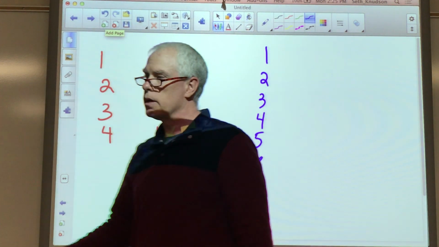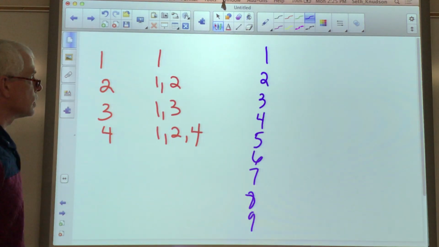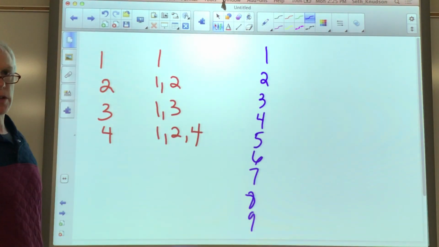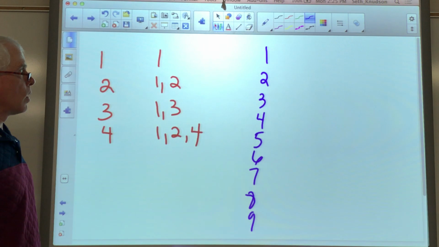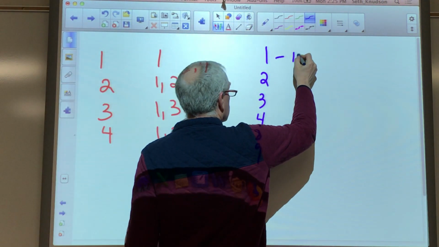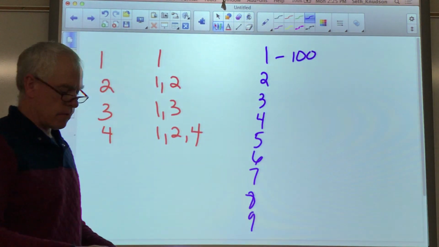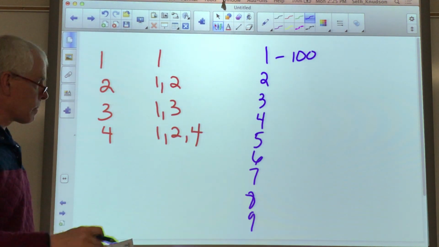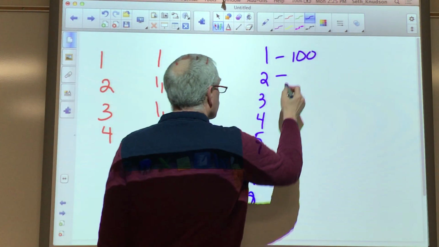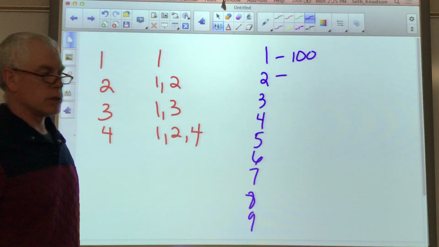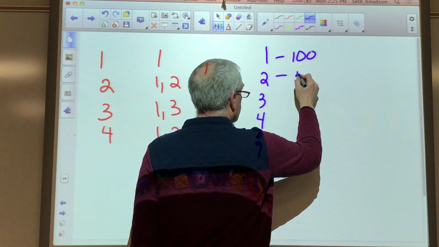Okay? Those are all the 1-digit factors. Well, how many times is 1 listed as a factor from the numbers 1 through 100? Well, that one's easy. There's 100 of those. 1 goes into every single number from 1 to 100. Okay? Well, 2 is a factor of all the even numbers, and from 1 to 100 there are 50 even